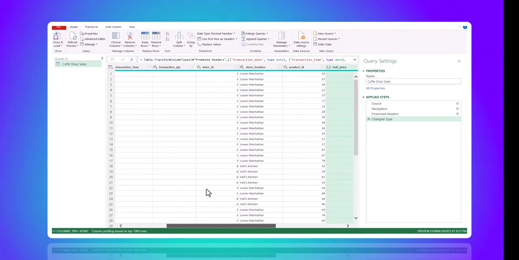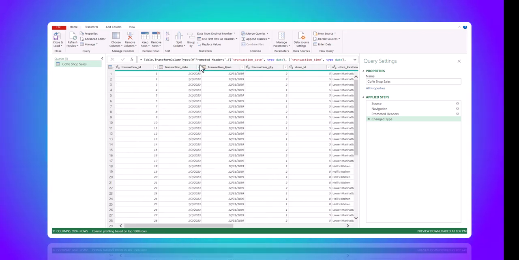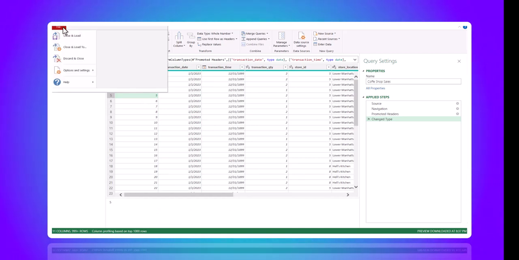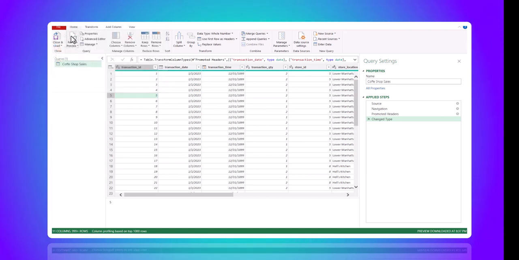Now let's look at the dates again. What I wanted to show you, if you are having issues with your dates, sometimes you transform them, and some of them are still in a text format, they tend to give errors in Power Query. If you are having that kind of error, what you can do is to go to the file. Whilst you are here, go to file, this file. This is for Excel. Power BI also has almost the same format. So go to file over here, go to options and settings,